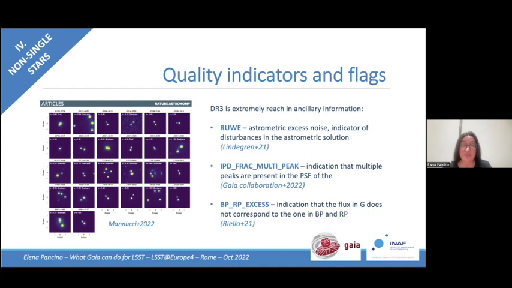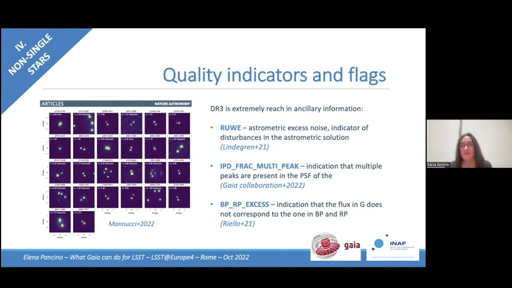And there is also the BP and RP excess, which is a comparison between the flux in the G band, which is an image, so it's the space quality PSF, and the flux in the BP and RP, which are little spectra that extend for 2 arcseconds.